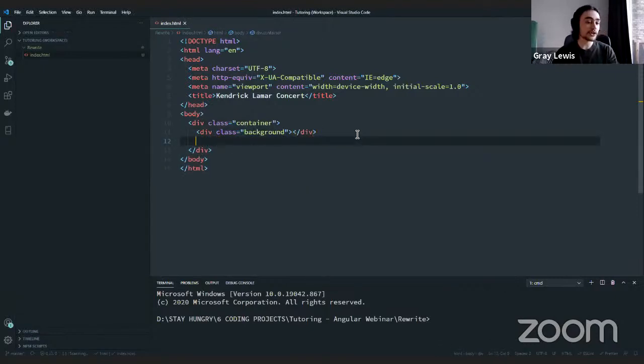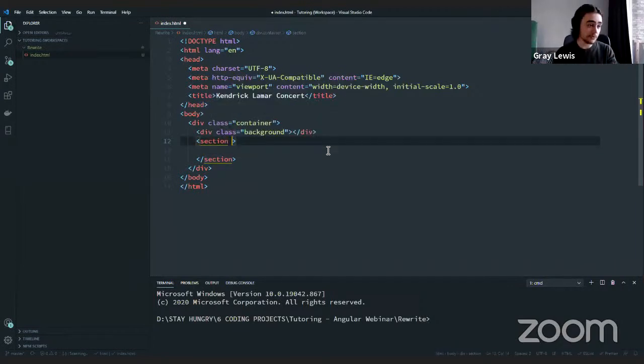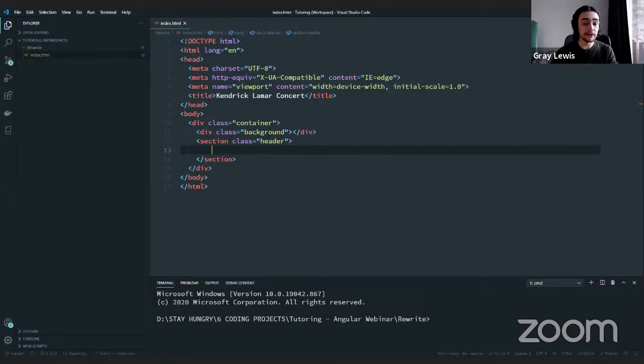we are going to start with the header section. So here's where our semantic elements come in. There's a semantic element called section, which, as you can imagine, is built for sectioning off your website into main areas. The first area that we'll be laying out is going to be the header. So just that top bit. And so we're going to name this header. And then we are actually also going to need to make the logo